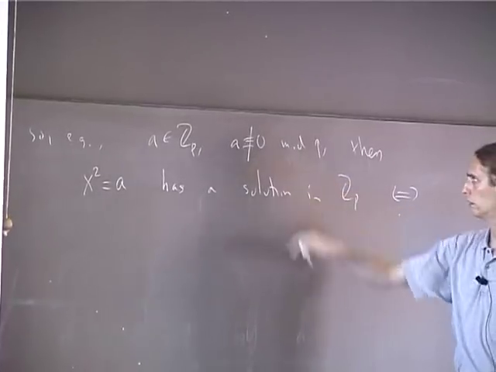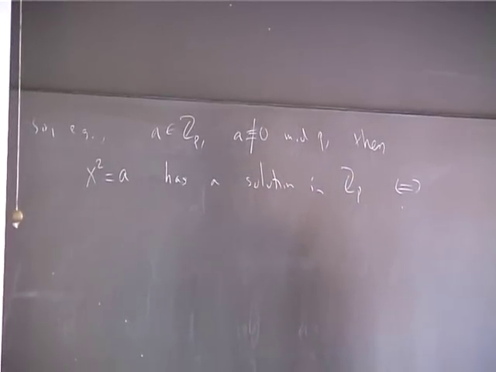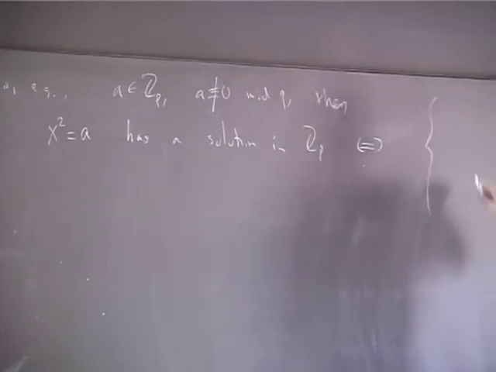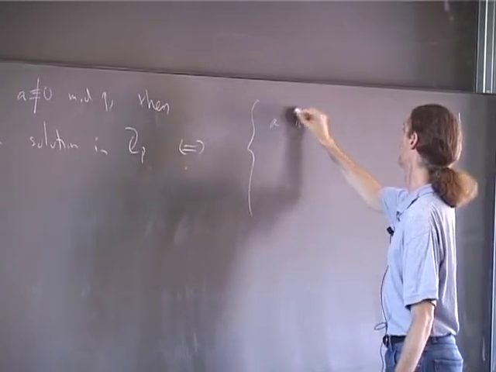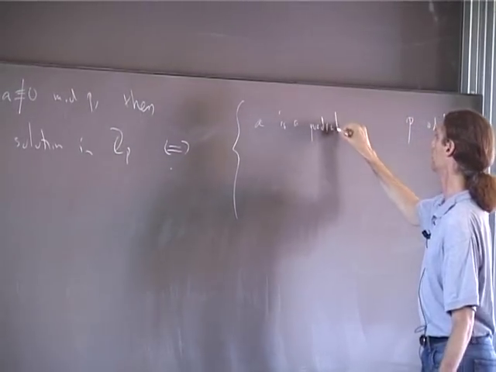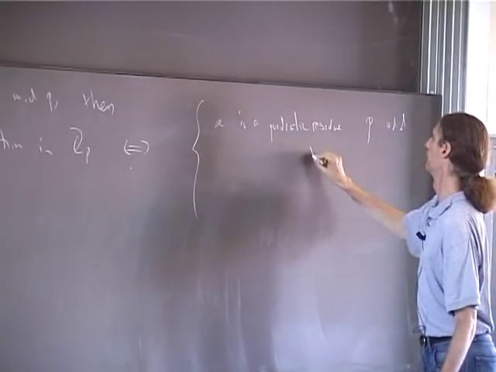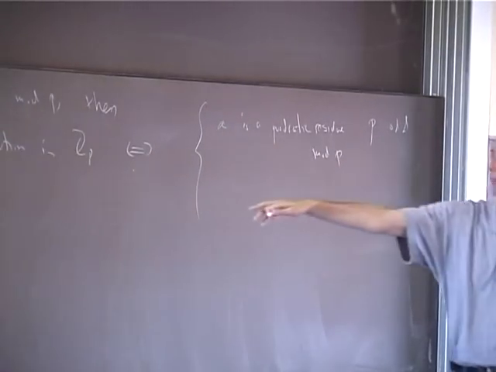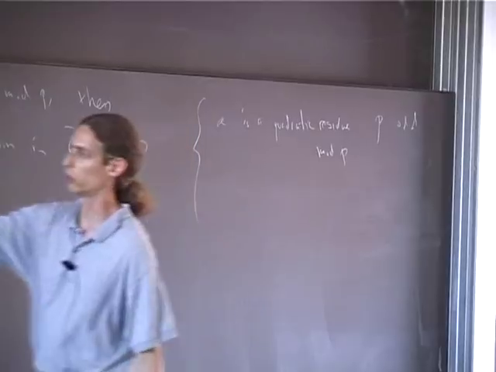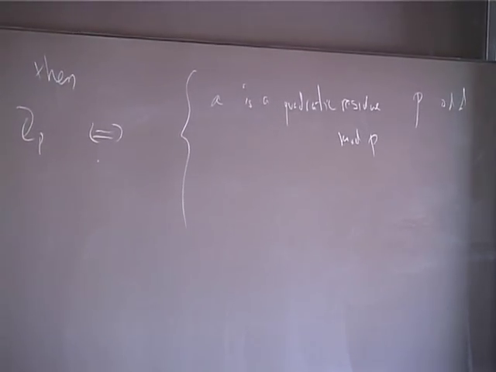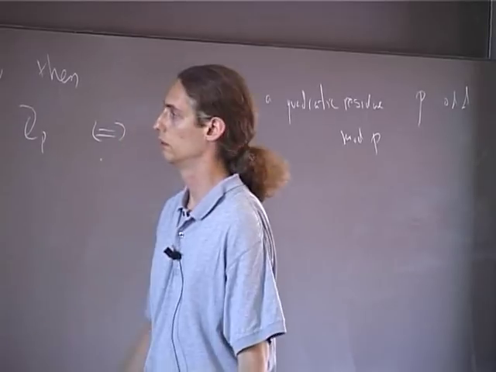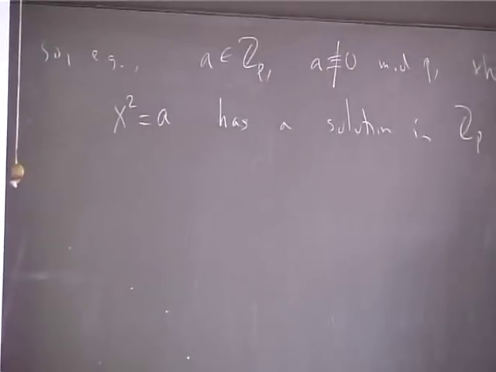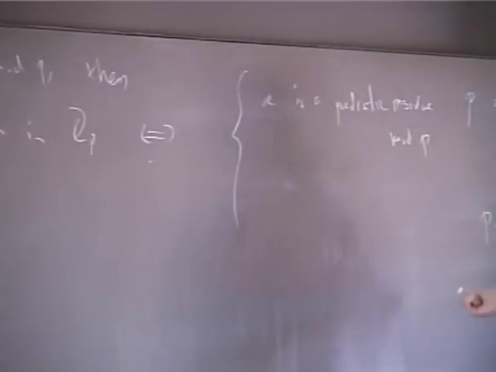So I take a non-zero mod p. For odd p, it's just saying A is a quadratic residue mod p. So that's a direct application of that statement, because you solve mod p and then lift, since the derivative here is 2x. But for p equals 2, well,